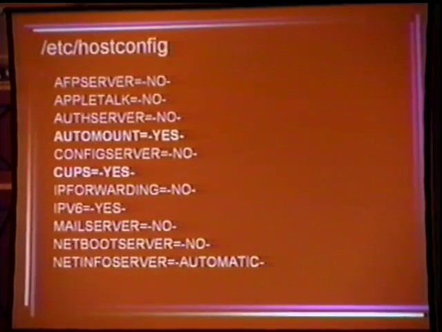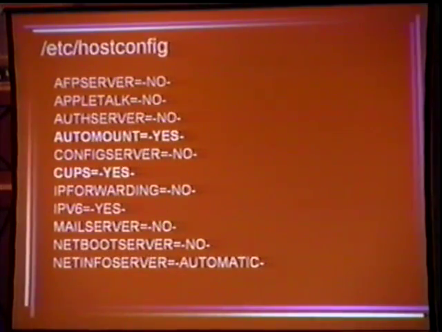Auto mount was the auto mounter. I made a quick decision on this, knowing that my laptop doesn't mount NFS volumes, and I want it off. I also look at cups, and cups is the printing daemon that's on OS X by default. I've also had it on Mandrake systems, and I think I've had it on Red Hat systems. If I've got a USB printer attached, I'll need to keep cups. If I need a print daemon on this system for any reason, I'll need to keep cups. If I don't, and this is my little traveling laptop, so it's very easy for me to just turn things off.